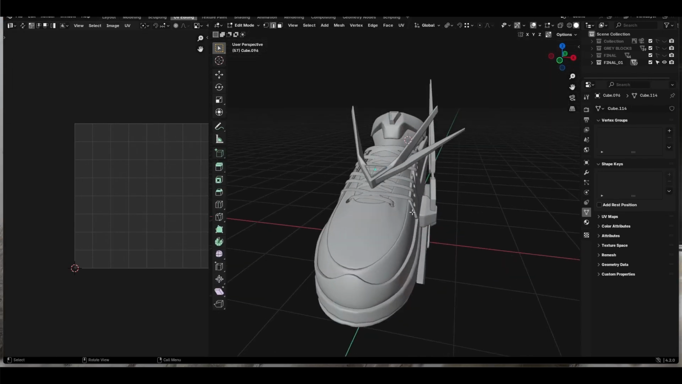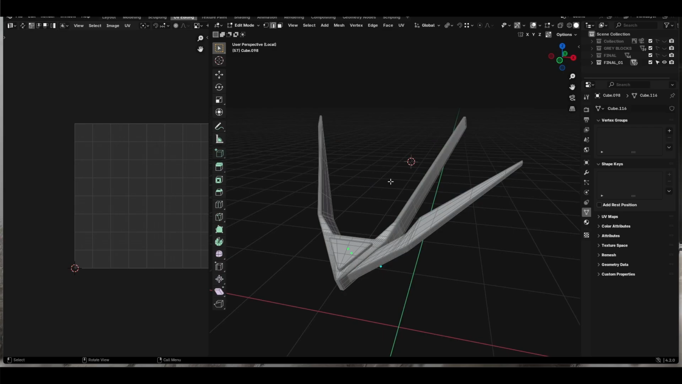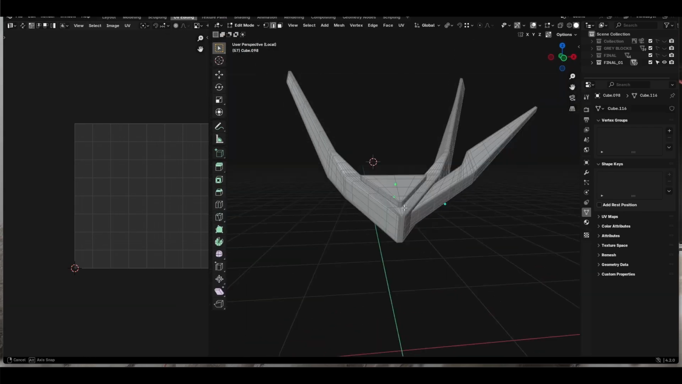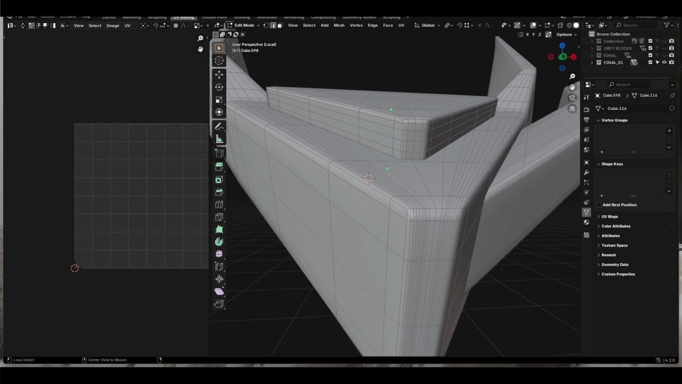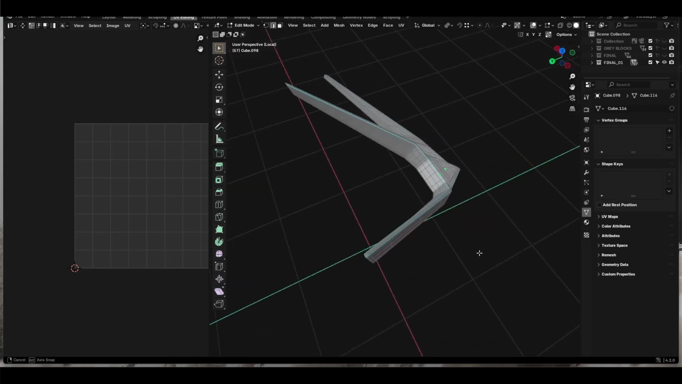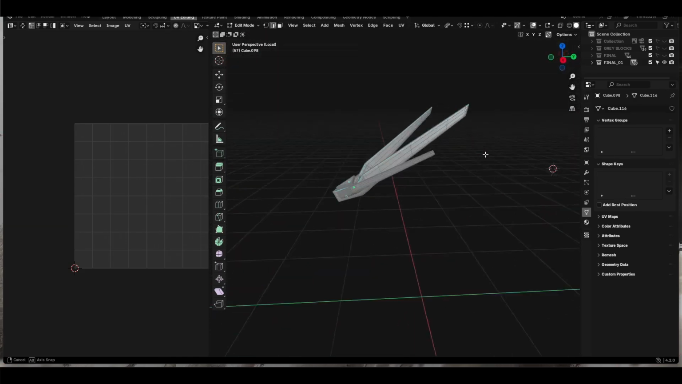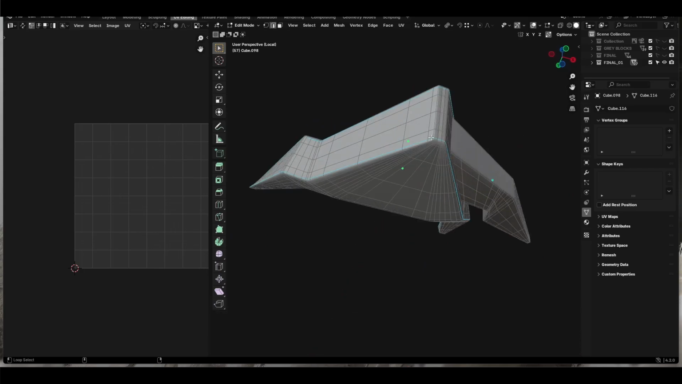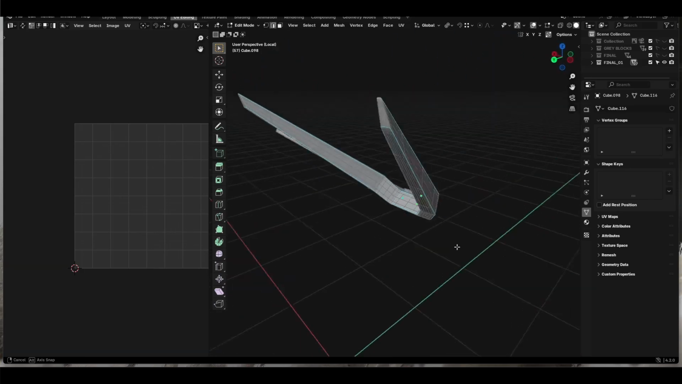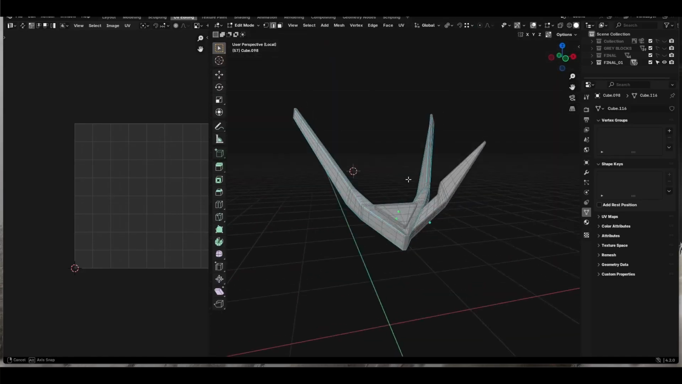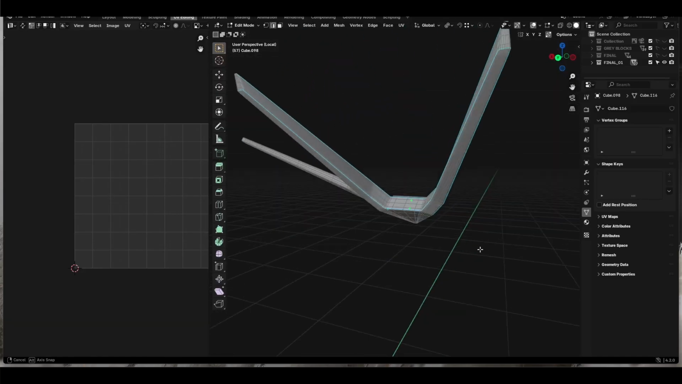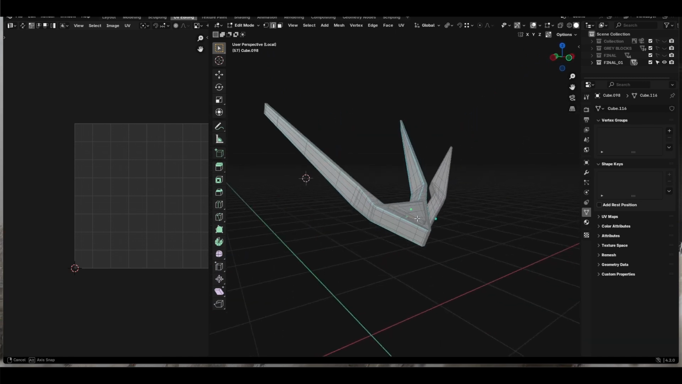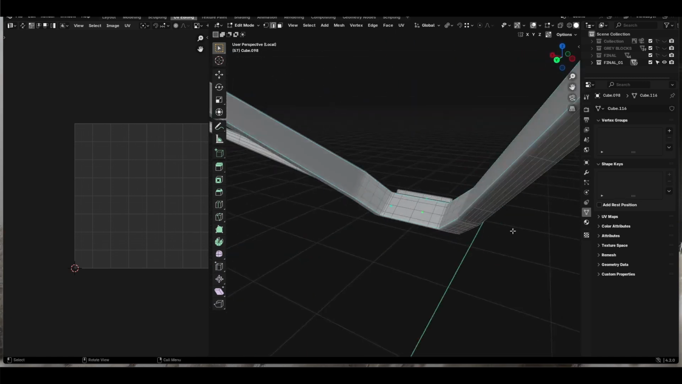Okay, next part is this one. This one's also a bit tricky, especially with this one. Oh, okay, I think I'm gonna separate this into 3 UVs. That 1, 2, 3. Oh, I think I will have 4 UVs for this,